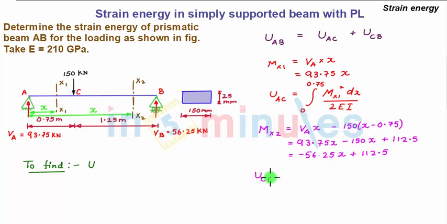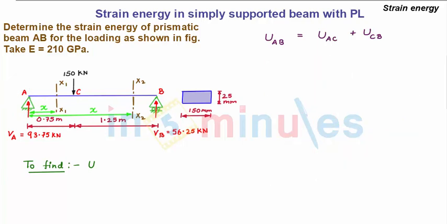Now upon substituting the value of Mx2 in the strain energy equation, we have the strain energy in part CB as integral from 0.75 meter to 2 meter, since part CB ranges from 0.75 to 2 meters of the beam, into Mx2 square dx by 2EI. Let this be equation 1 and this be equation 2. Now substituting from equation 1 and 2 in this equation, we get the strain energy stored in the complete beam